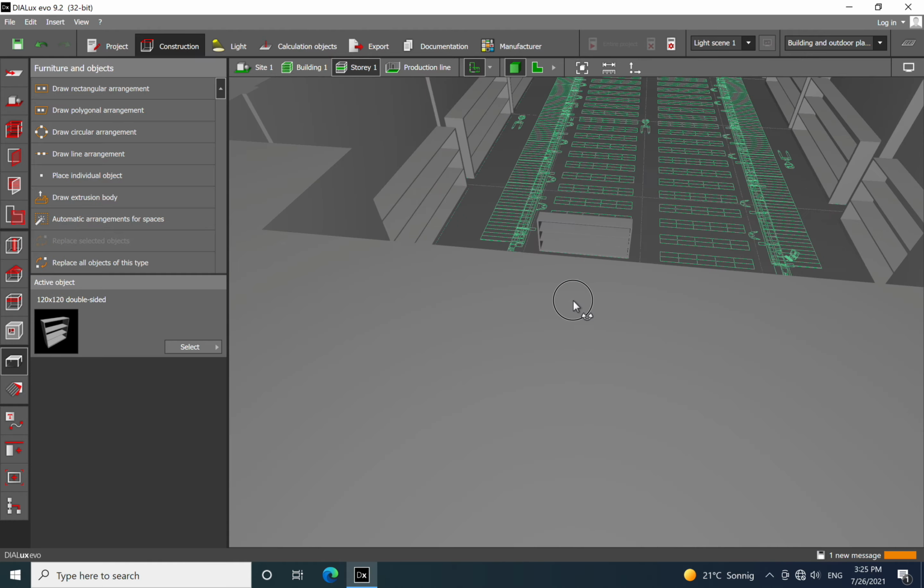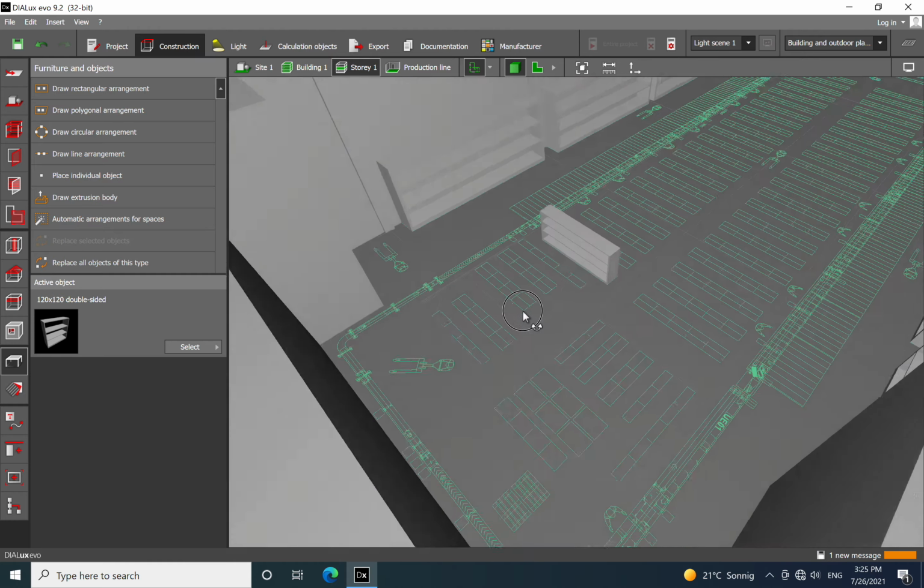So as I said, placing the furniture in the space makes it look much better, more realistic, and you have a better perception of the space and how it's utilized. And also for the lighting, it will give an easier way how to